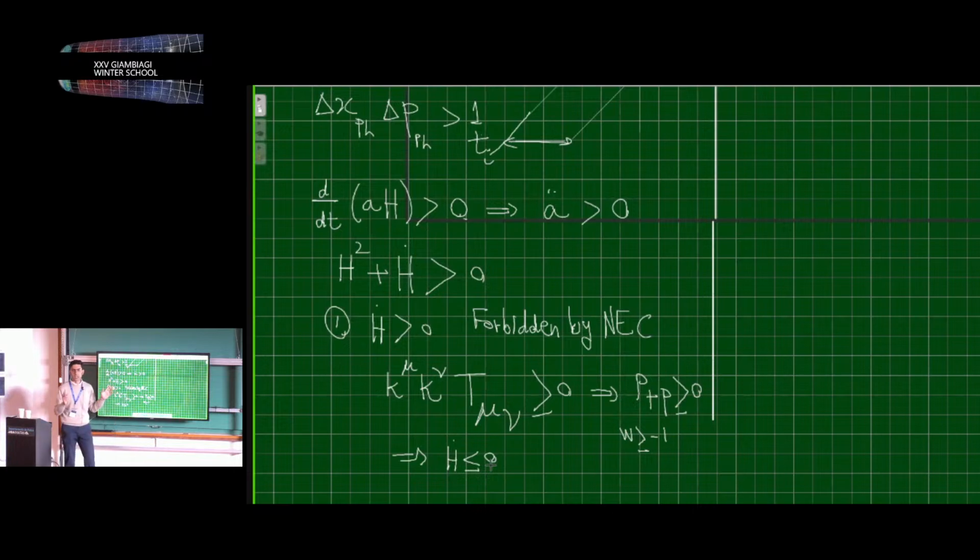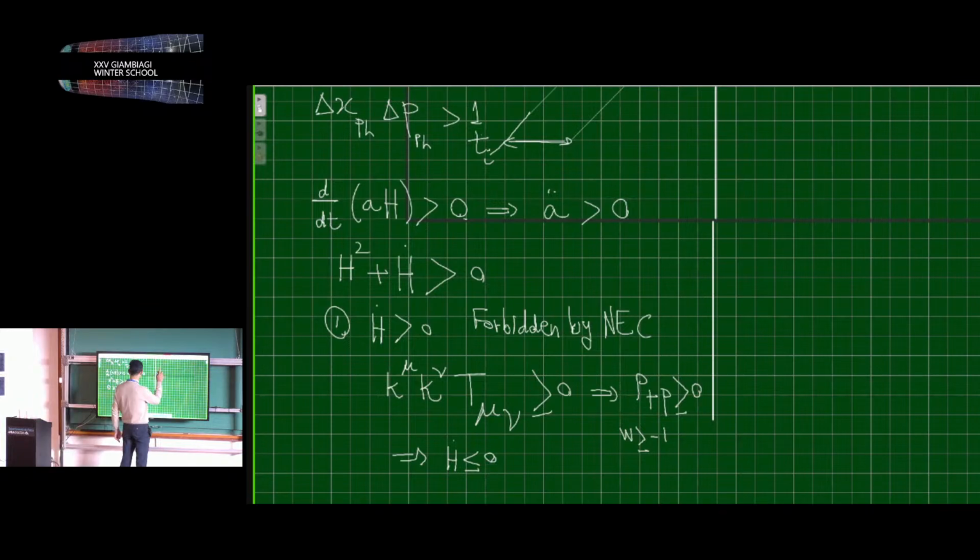To be more precise, we can have violations of null energy condition, like Casimir energy as an example. However, it wouldn't be enough violation that gives us what we need here. So there are models that do this, but there is some evidence that this cannot be accomplished in a complete theory.